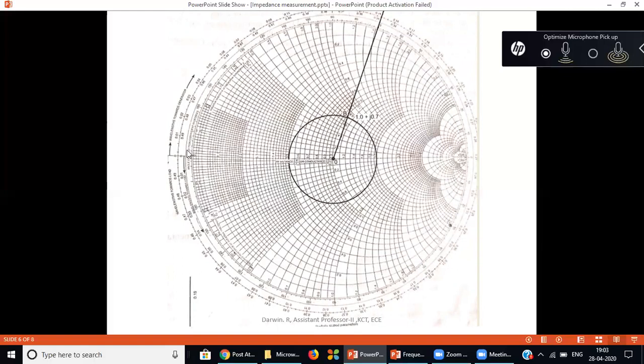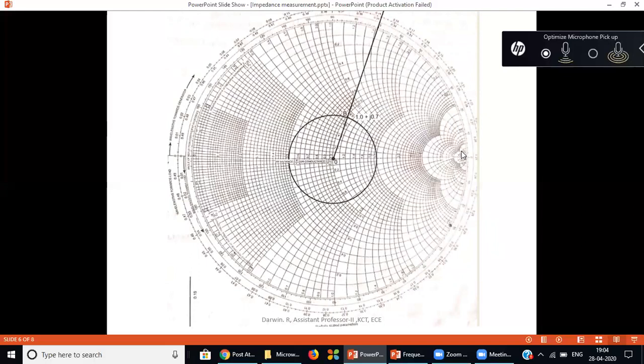If you want to move towards the load, here in the Smith chart, it is the anti-clockwise direction. If it is clockwise, it is wavelengths towards generator. If it is anti-clockwise, it is wavelengths towards load. So definitely you have to move in the anti-clockwise direction for a distance of D minimum. Here it is taken somewhere around 0.35 lambda. Connect that particular point to the center of the Smith chart. That line will cut the S circle at some point. That point will give you the impedance of the load. So here in this example, it is 1 plus j 0.7. That is the load impedance.